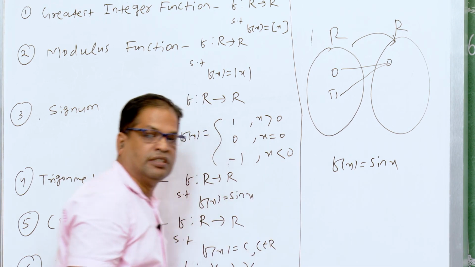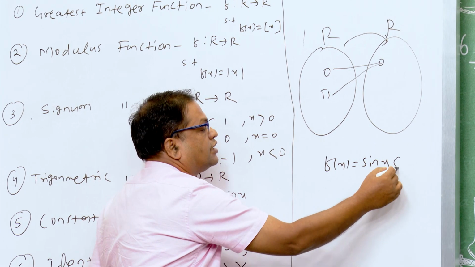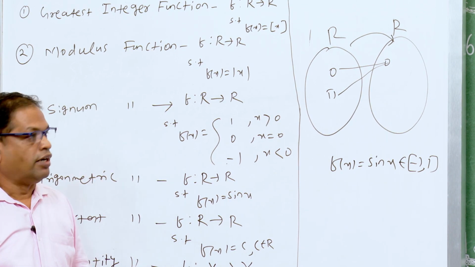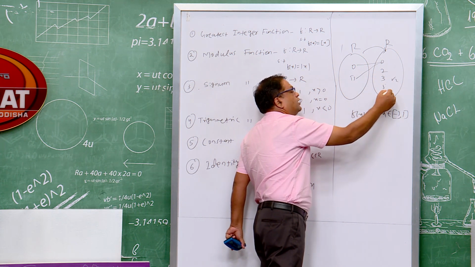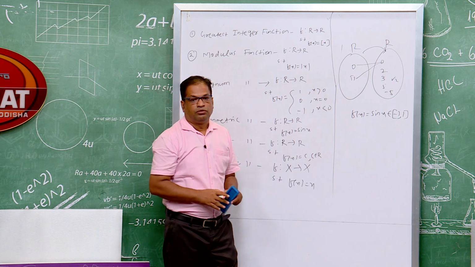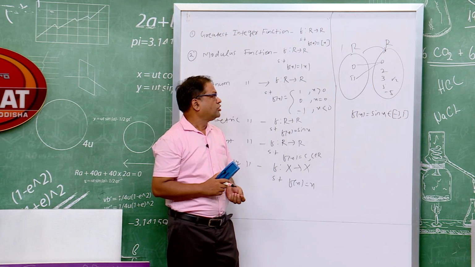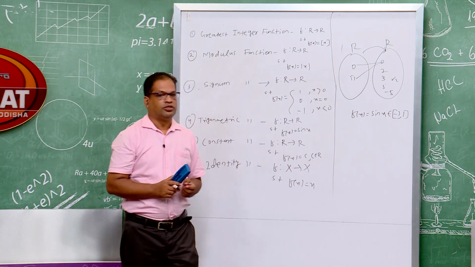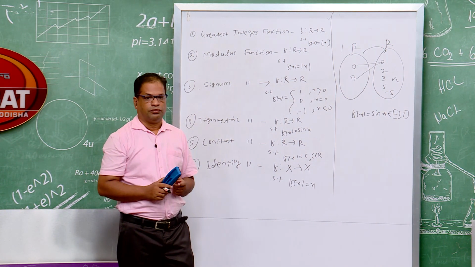So, this is again a many-one function. But the value of sin x lies within the closed interval minus 1 to 1. So numbers like 2, 3, 5, root 2 or minus 5 do not have any pre-image in the domain. So the sine function is also not 1-1 and not onto. Similarly, the cos function, tan function, sec function and cosec function are also not 1-1 and not onto.